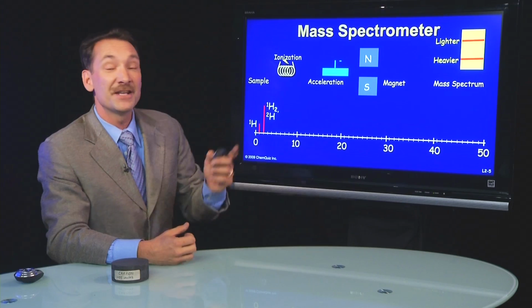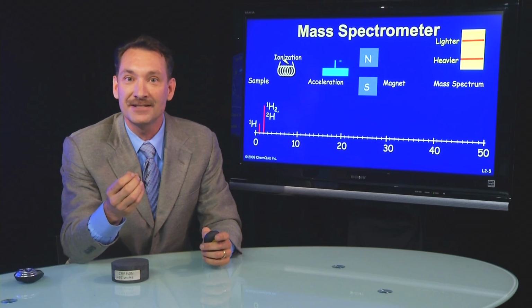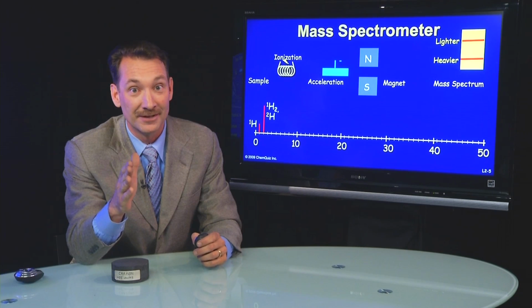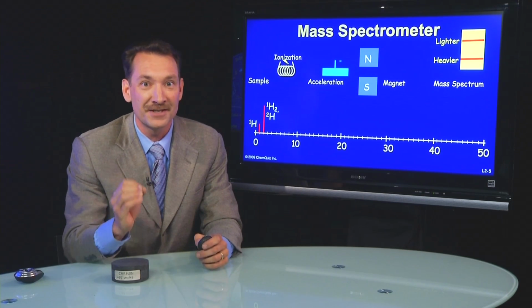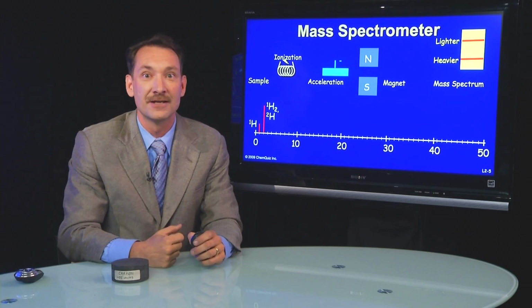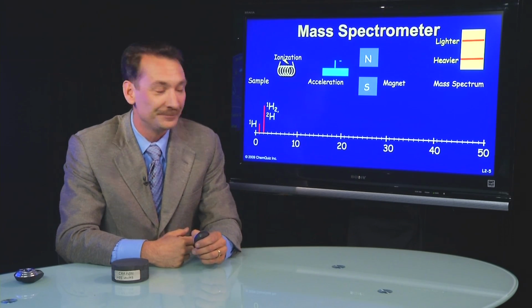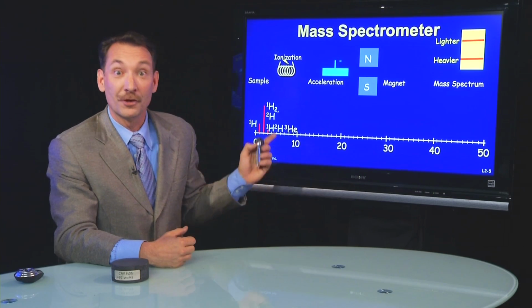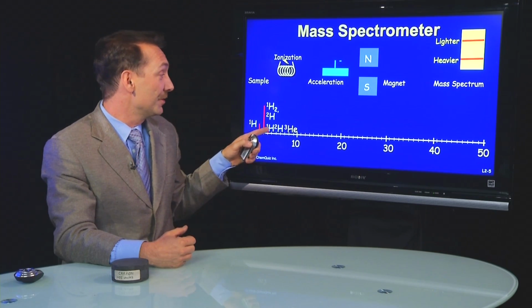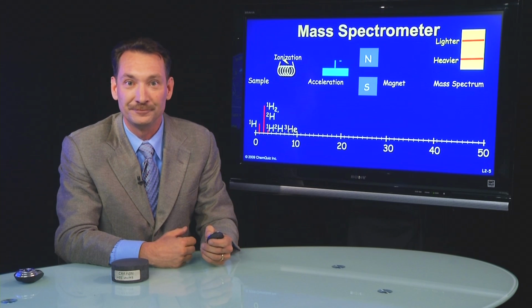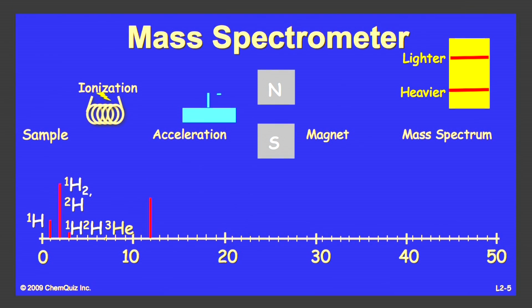So you can tell by the mass spectrometer, you can get the mass, but remember, mass does not determine the identity of the element. Certainly a clue, but it does not determine the identity. We need to know the number of protons in the nucleus to get the identity of an element. So, mass 3, that could be tritium, or it could be a molecule of deuterium and hydrogen hooked together to form a hydrogen molecule. And you can go through, think about several different things.